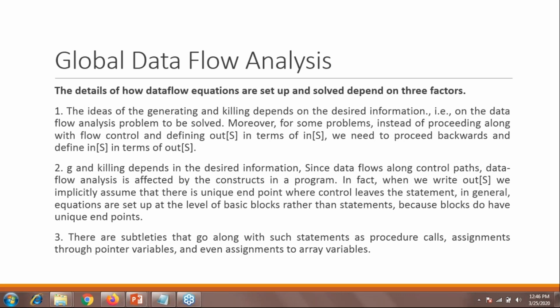So let's start with the second one, that generating and killing depends on the desired information, since data flows along the paths, in terms of your data type and your generated memory concepts.